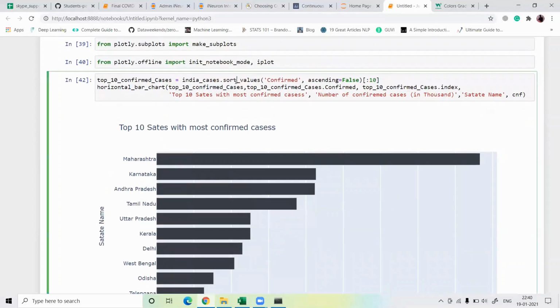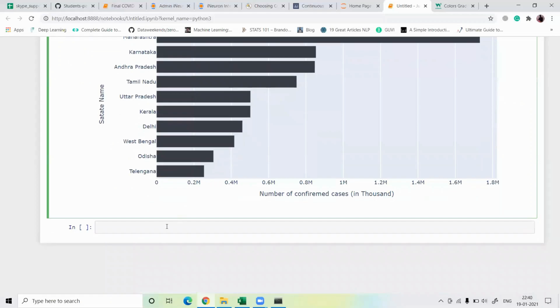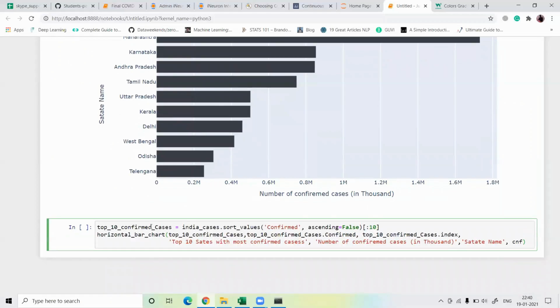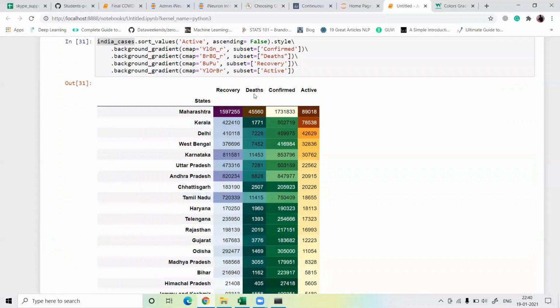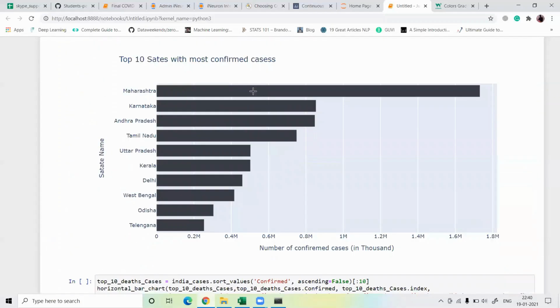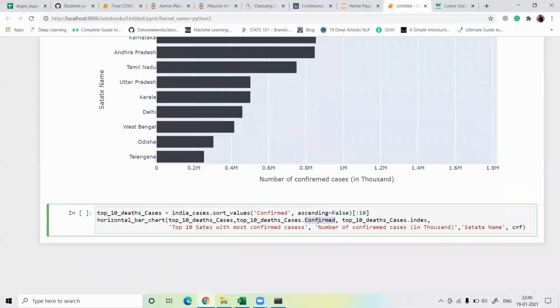Same thing, I just copy this from here and paste it here and check the top death cases. Copy from here, paste it there, top 10 death cases. And these columns are our death cases, guys. So I copy from here and replace these with death cases. Take the top 10 values, same, I just copy from up to low.